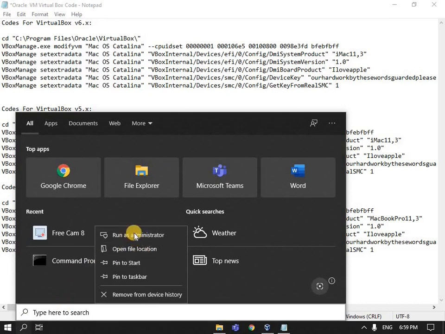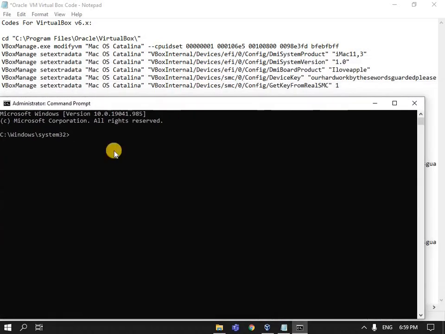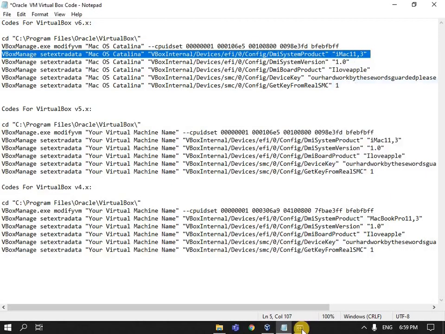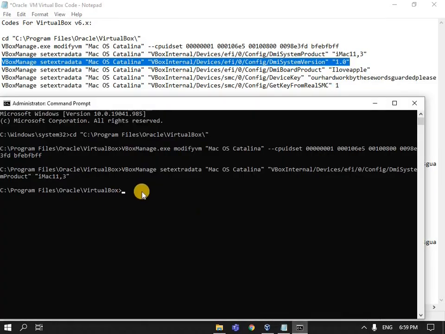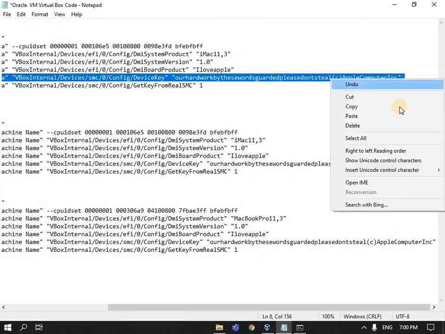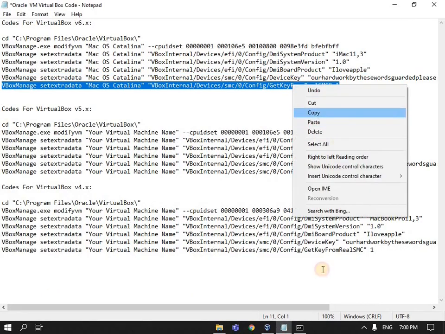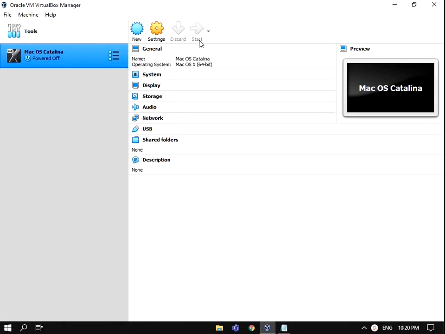Now open the command prompt as administrator and start running the codes one by one in order. Make sure that all the codes have been run correctly in the given order. Close the command prompt window. Now we are all set to start our macOS Catalina. Click on the Start button,